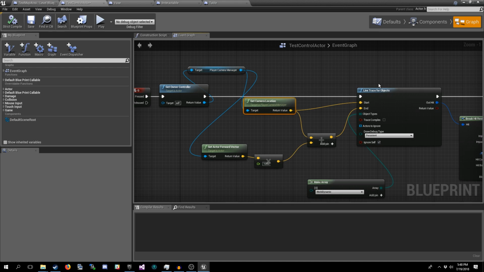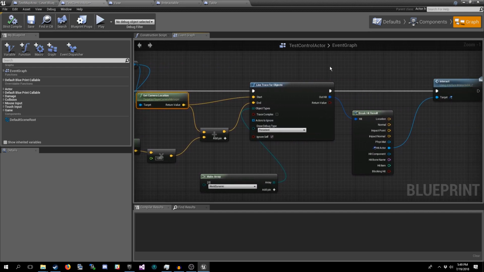And what this line trace does is, you remember when we were in PIE, you saw those red lines? What it does is it draws a line from the start point to the end point. And the first thing that it collides with, collision is important here, depending on its object type, it will return a result, and it'll return information on what it collided with. This is how a lot of things like opening doors or interacting with the primal structures in game operate with user input.